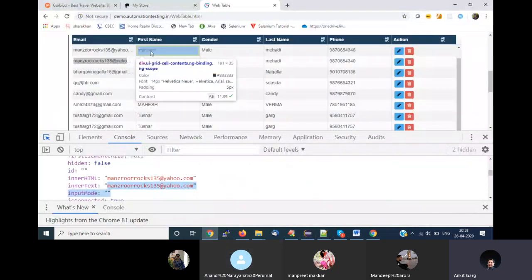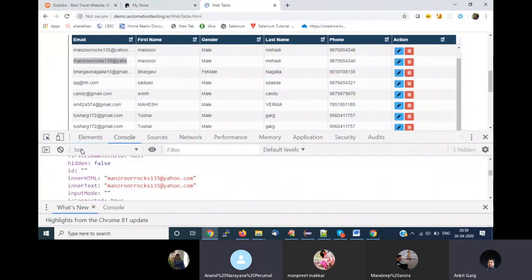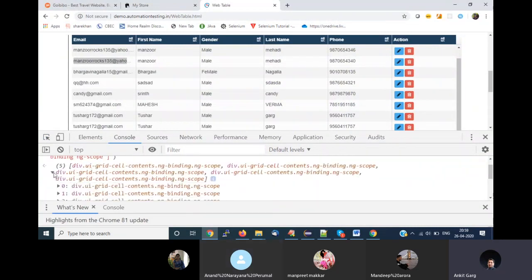Same way will happen for your second value. Let's say you want to fetch the first name from your second row, right? Let me take the example of the second one. It will be available in the same property, I guess, innerText.